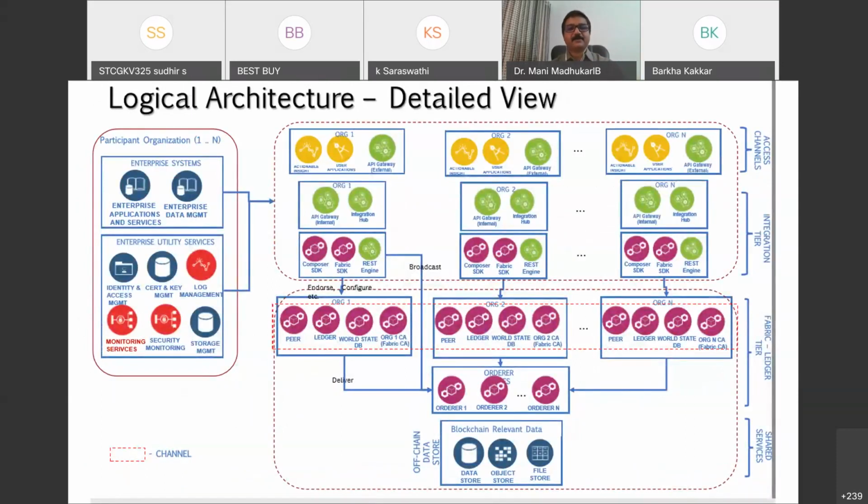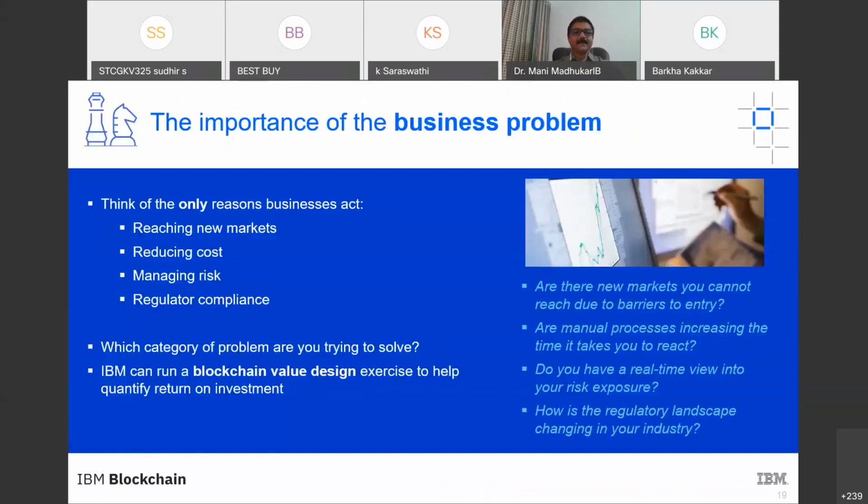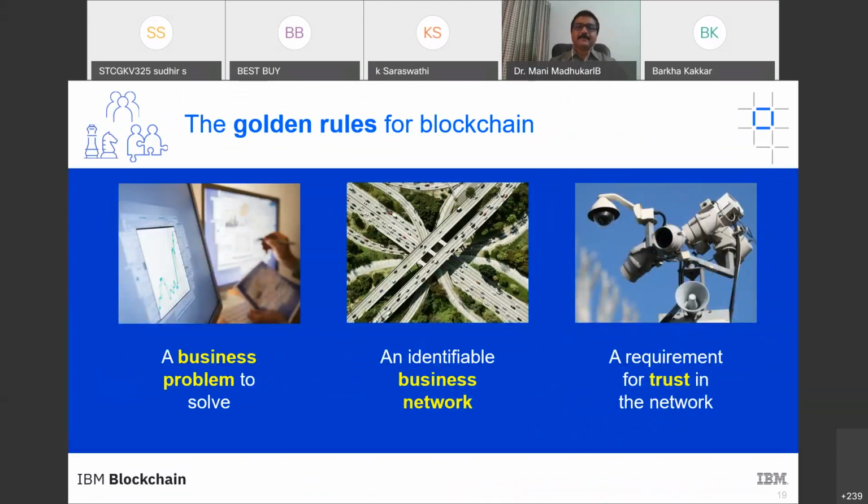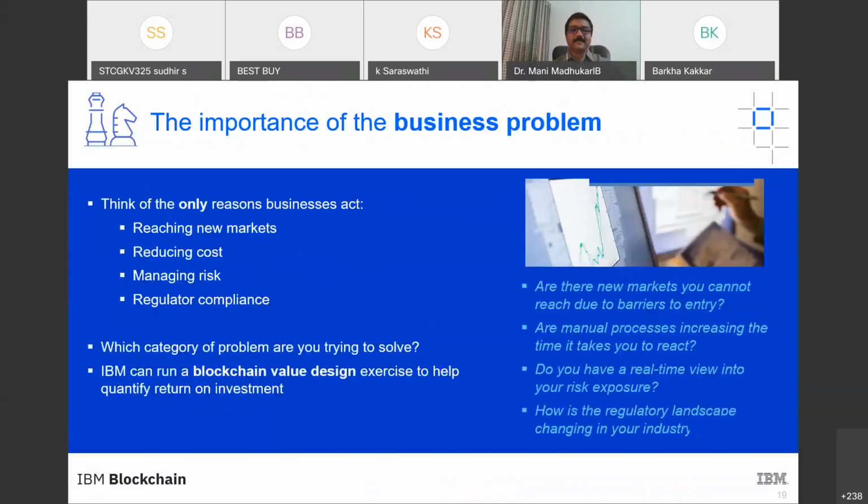I'm not getting into it because this is not the focus of our conversation right now. So I'll skip through a few pieces here, okay? Yeah, so let's come on to this piece, right? We just talked about this, right? Requirement of trust, business problem to solve, identifiable risks,